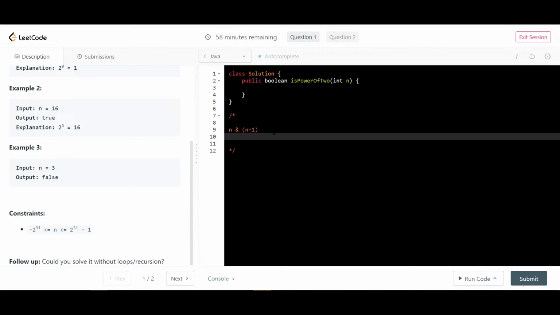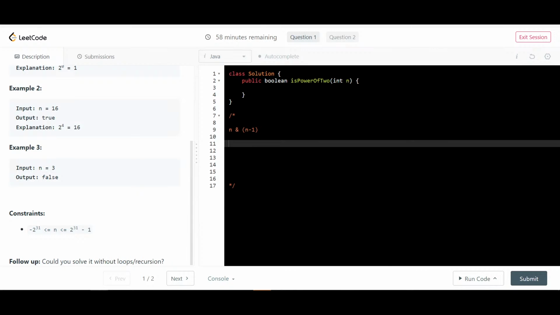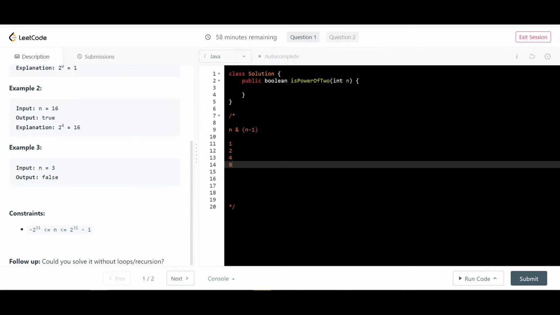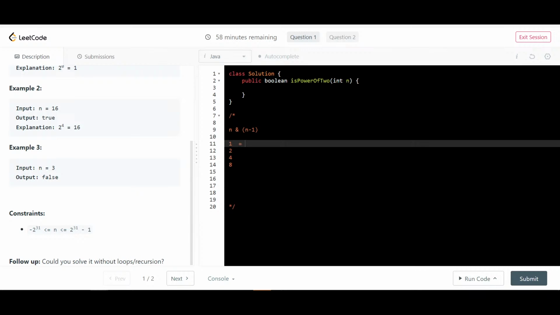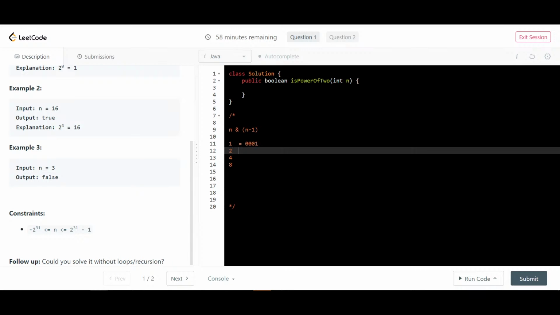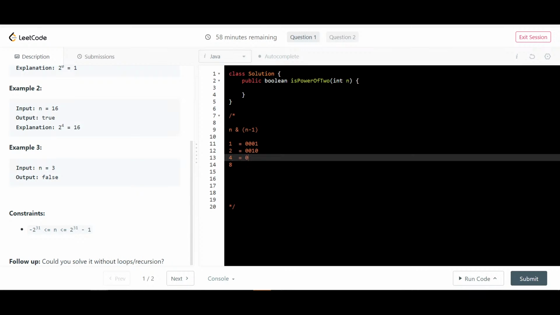Right. So if you take an example, what are the powers of 2? So 1, 2, 4, 8, and this is 0, 0, 0, 1, 0, 0, okay, 1, 0, 0, 0, 1, 0,